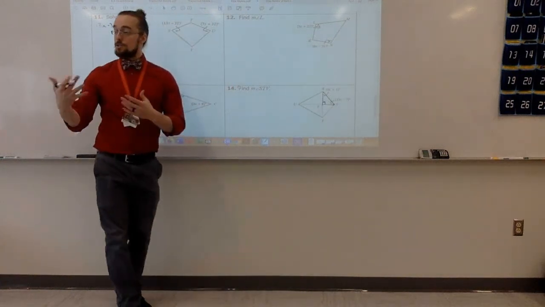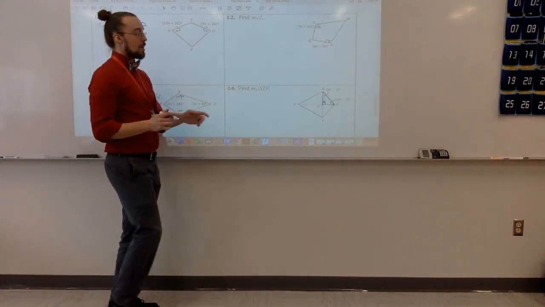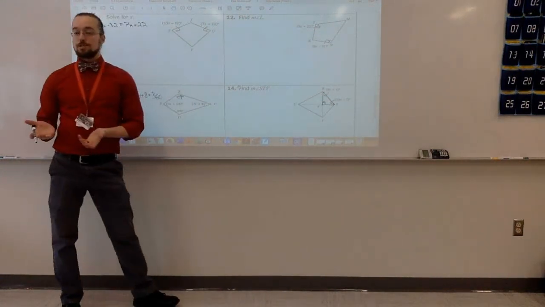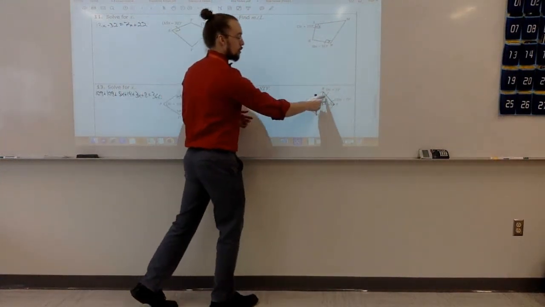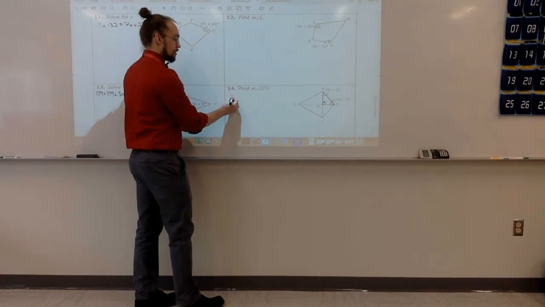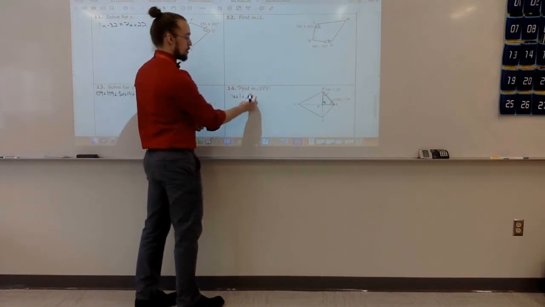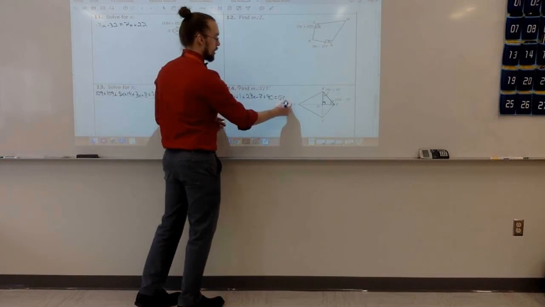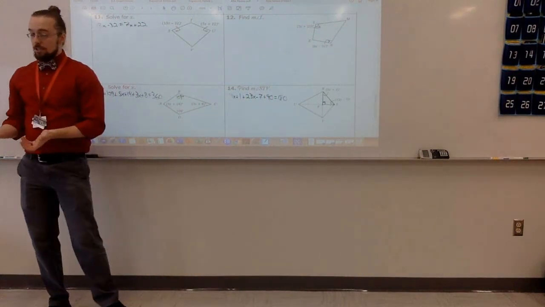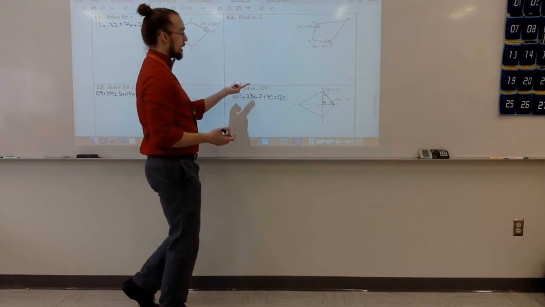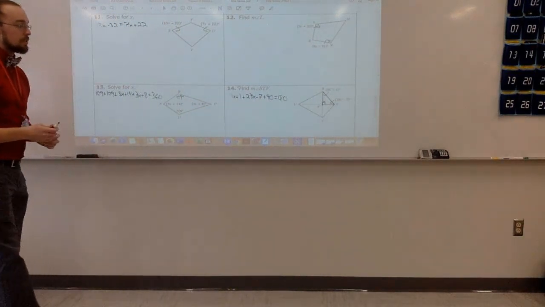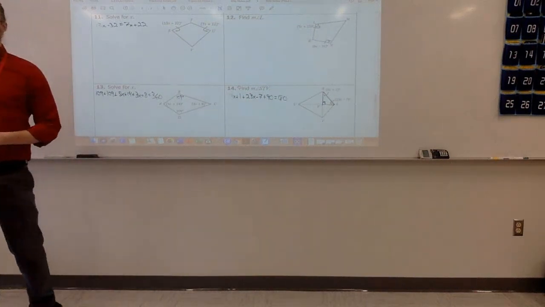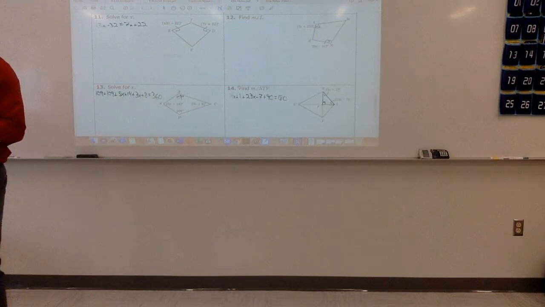Gage said to start by setting up our problem. We need to add all three of these angles together and set that equal to 180 because these three angles are inside of a triangle. So I can say 9x plus 1 plus 23x minus 7 plus 90 equals 180. Solve for x and then plug that back in to find the measure of angle STB. So your homework is just these squares off of each